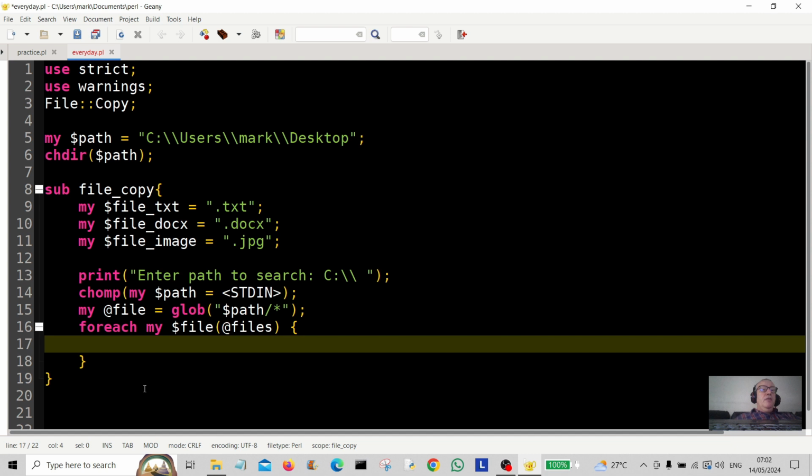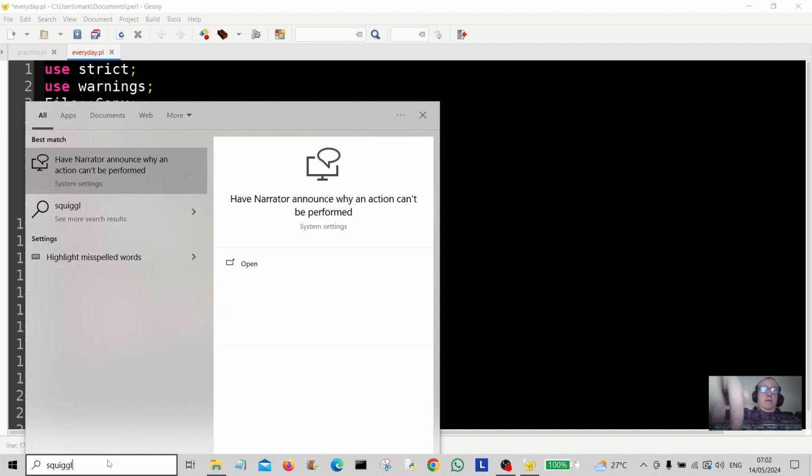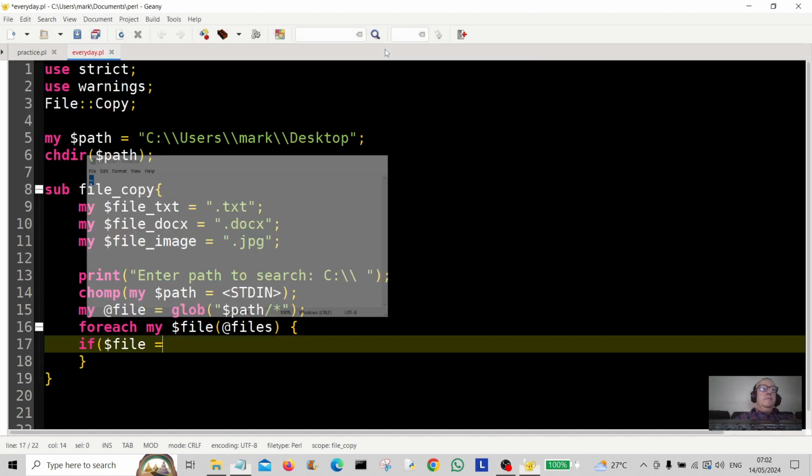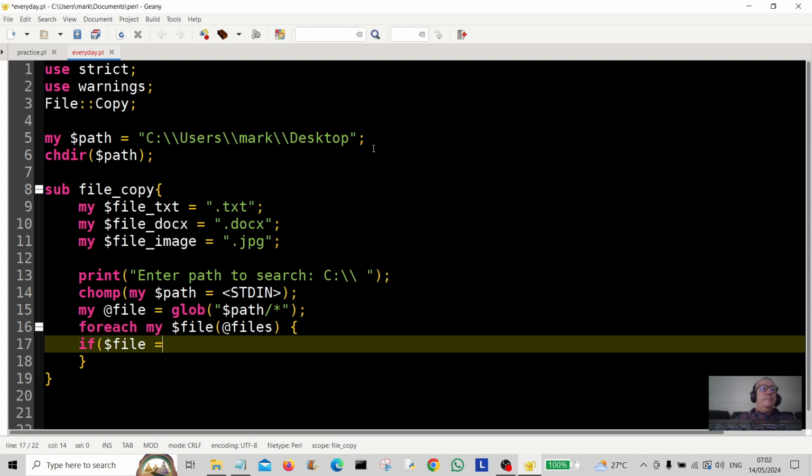And this is where we're going to do a bit of matching using regex. So if the scalar file, and one second here, I've got a little bit of a problem with this. This particular character on my keyboard does not work, so I have a little workaround. I'm just going to have to copy that, because this is the matching operator here. I'm going to have to paste that in. If the scalar file matches txt,